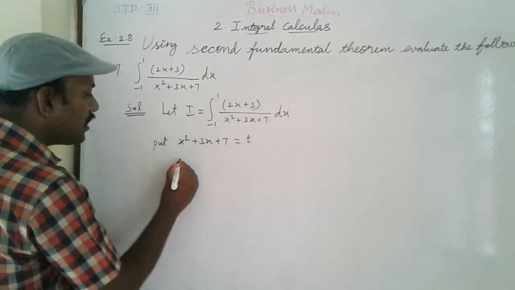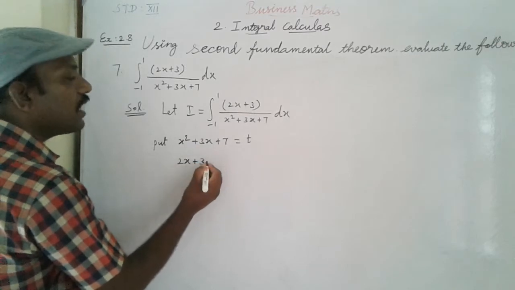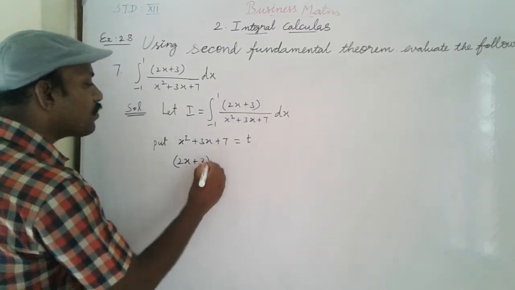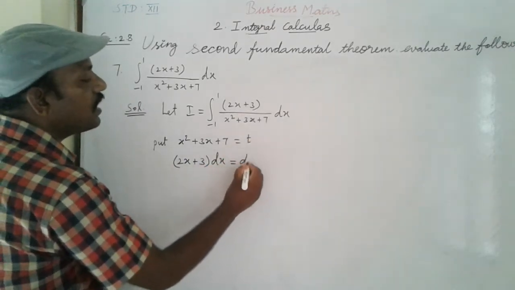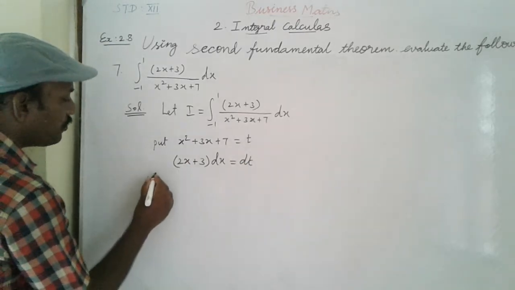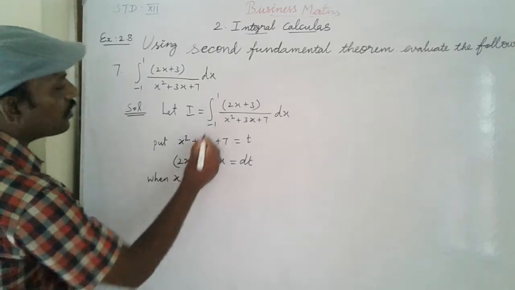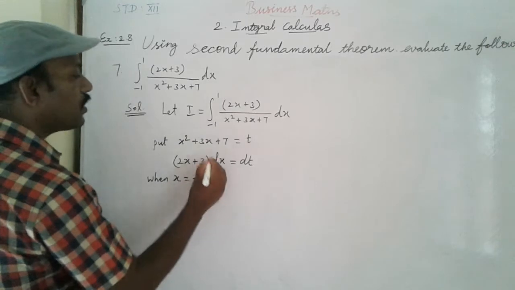x square differentiate gives 2x, plus 3x differentiate, what is here? 3. Constant 7 differentiate, what is it? 0. So (2x plus 3) into dx equal to t differentiate, that is dt. So change the limit. When x equal to the first limit, what is it? Minus 1. x equal to minus 1, then substitute in t equal to